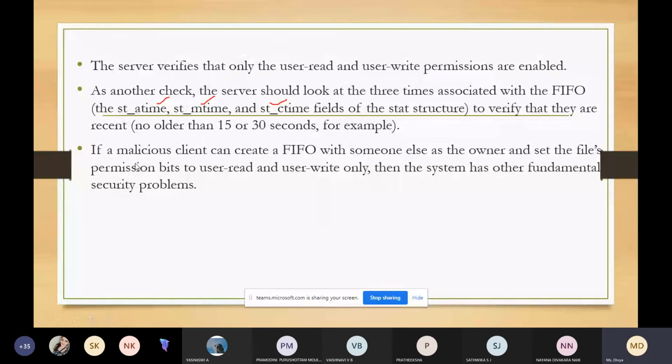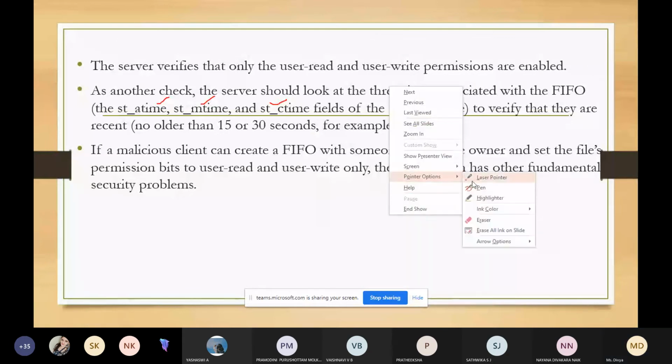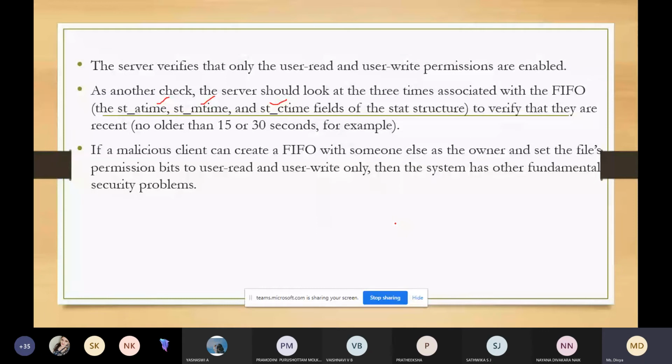Again, the drawback of this method is that a malicious client can create a FIFO with someone else as the owner. Some client will create this FIFO and set the file permission to read and write only, but the server fails to understand that this is not the owner and some other client has created it. In that case, the system will fundamentally have a security problem.